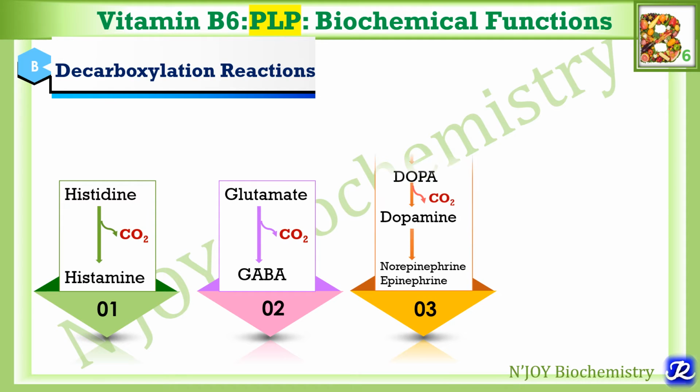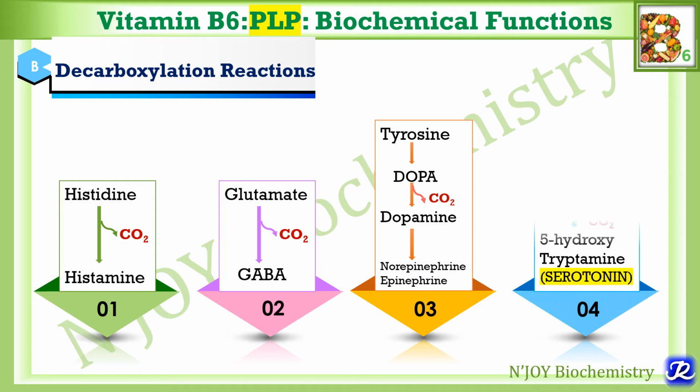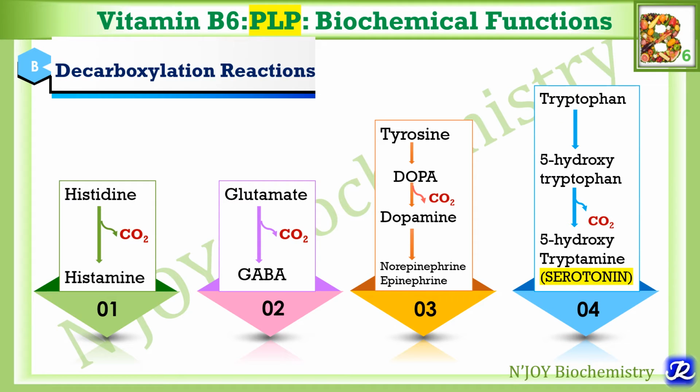The third reaction where PLP is required for decarboxylation is in tyrosine metabolism. Tyrosine is converted to DOPA. From DOPA we get dopamine by decarboxylation, where PLP is required, and further from dopamine we can get norepinephrine and epinephrine. The fourth is in tryptophan metabolism. From tryptophan we can get 5-hydroxytryptophan, and then decarboxylation of 5-hydroxytryptophan leads to formation of 5-hydroxytryptamine,